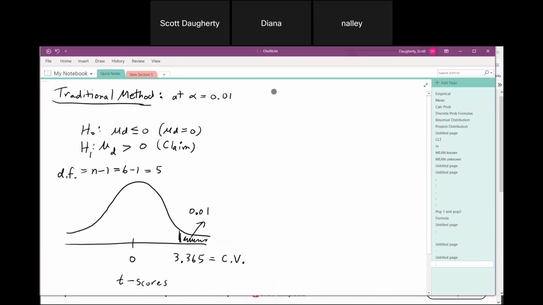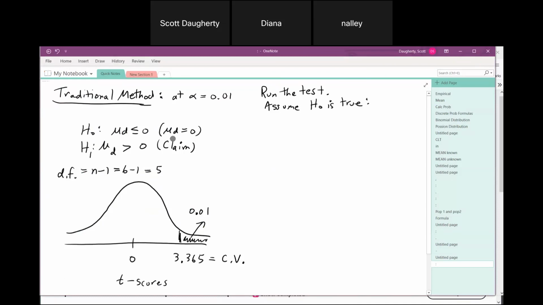Okay, now let's run the test. Remember, when you run a hypothesis test, the first thing you do is assume that the null hypothesis is true. It's all based on the assumption that the null hypothesis is true. And so in this case, we're going to assume that the